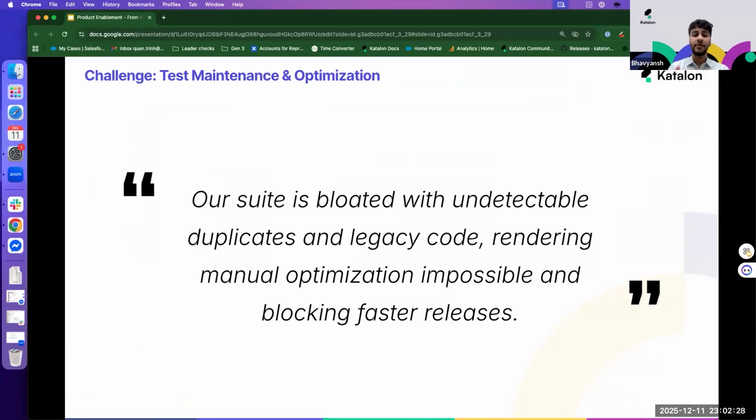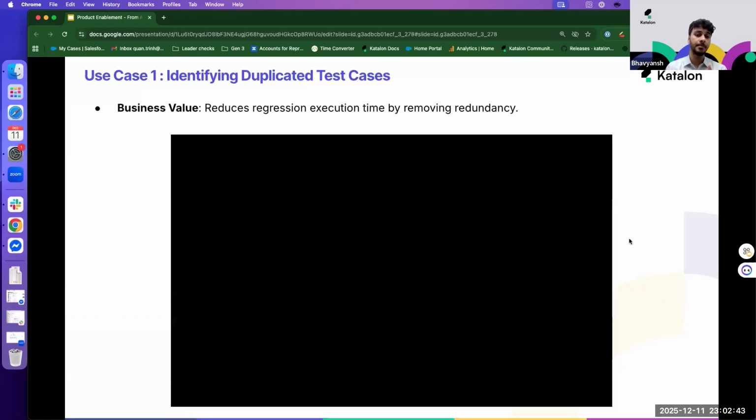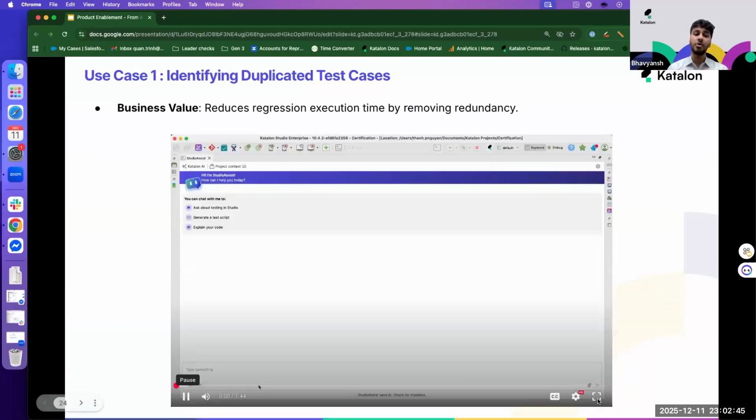And then for every release, we have to do manual optimization where we have to change and replace the duplicate test artifacts. So using the agent mode, we will help you to achieve that. So we can go to the next slide for this use case one, where we show you how you can